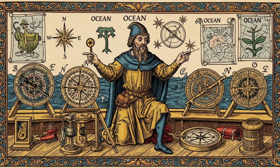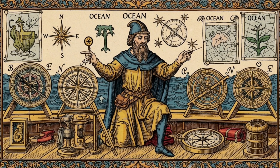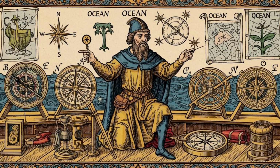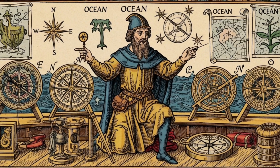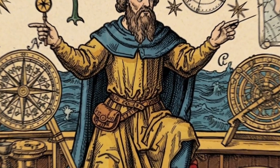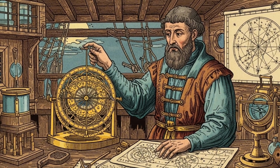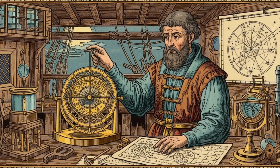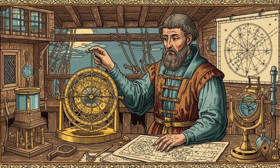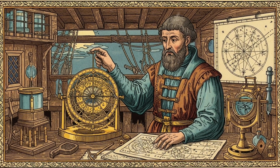Skilled navigators didn't just observe individual stars, but understood complex relationships between multiple celestial bodies that provided navigation information unavailable from any single observation. They memorized the positions of dozens of stars, tracked their seasonal movements, and used constellation patterns to determine not just direction, but also approximate longitude through timing observations that revealed how far east or west they